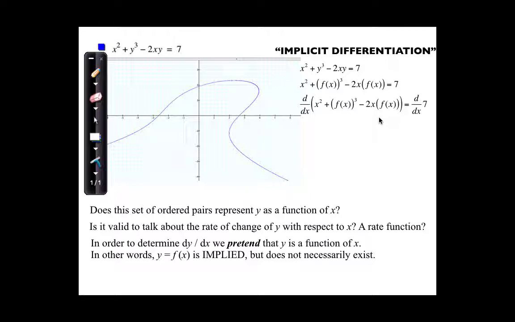Well, if I have a derivative of 2x times some other formula, I'm going to use product rule. So the derivative of minus 2x would be negative 2 times the original f of x plus the original negative 2x times the derivative of f of x. So just differentiating each side,